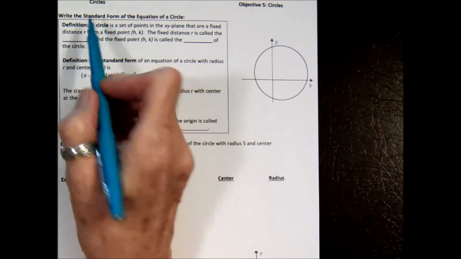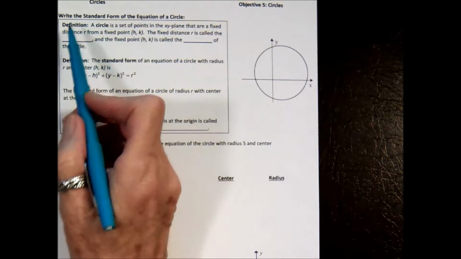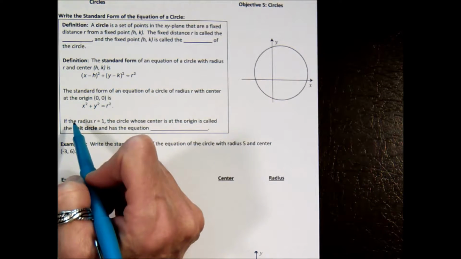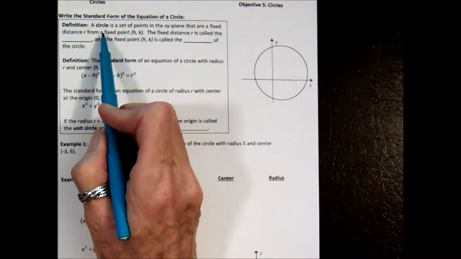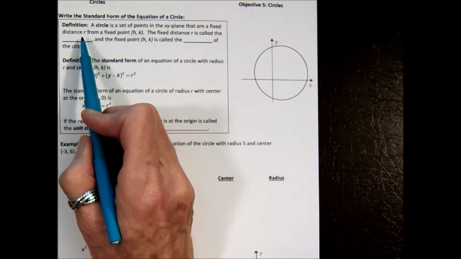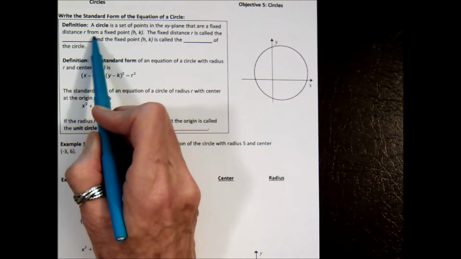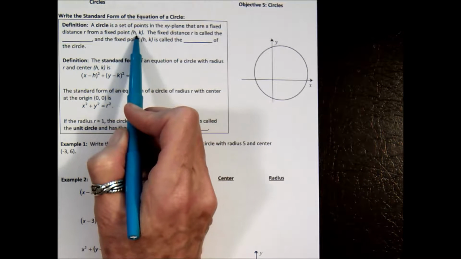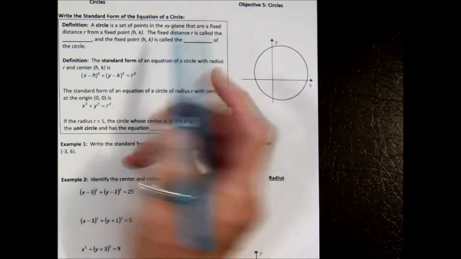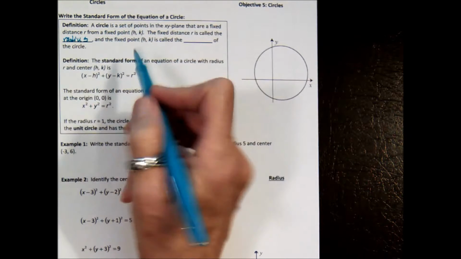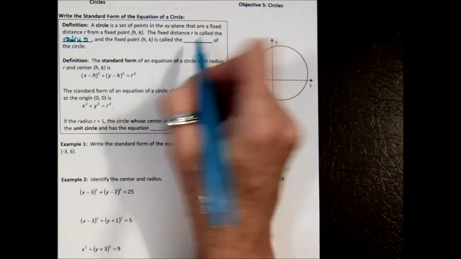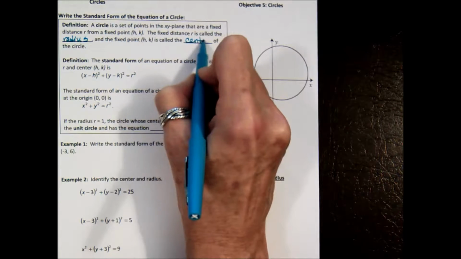In this video, we'll talk about circles. So let's look at some definitions and some information at the top. Definition: a circle is a set of points in the xy plane that are a fixed distance, which we call r, from a fixed point (h, k). The fixed distance r is called the radius of the circle, and the fixed point (h, k) is called the center